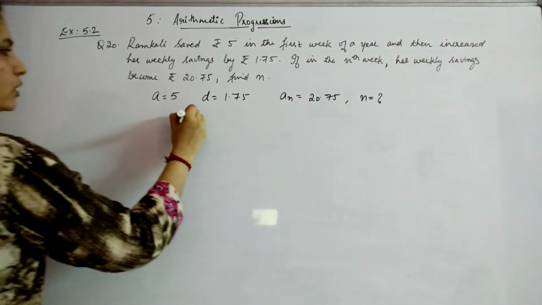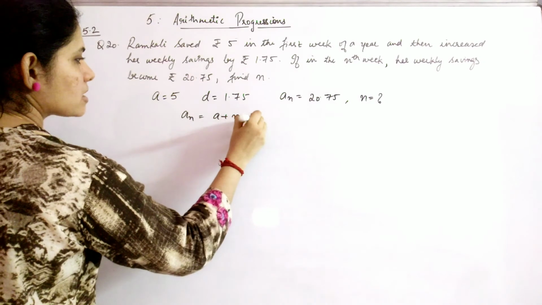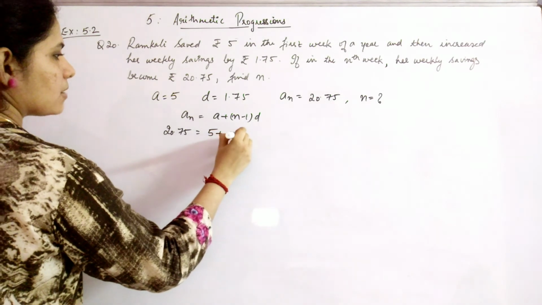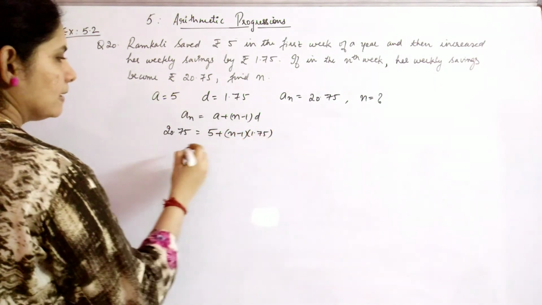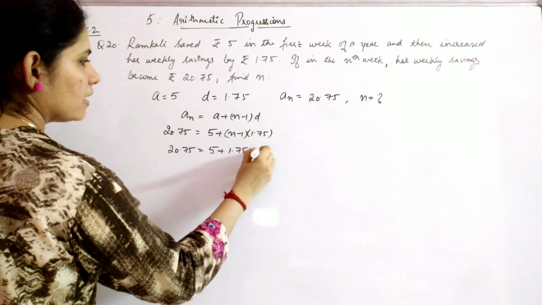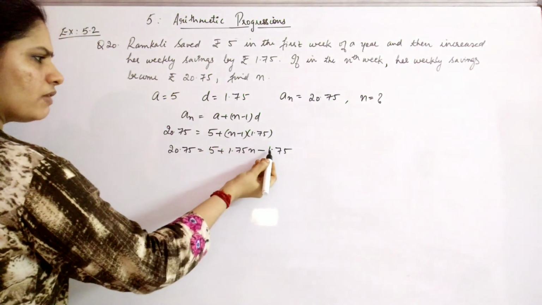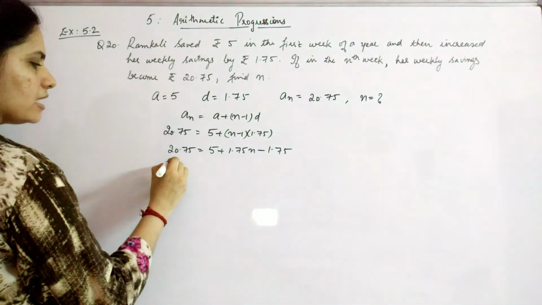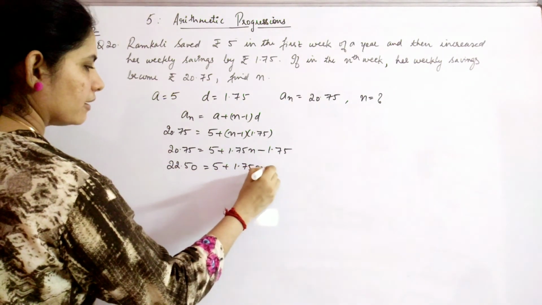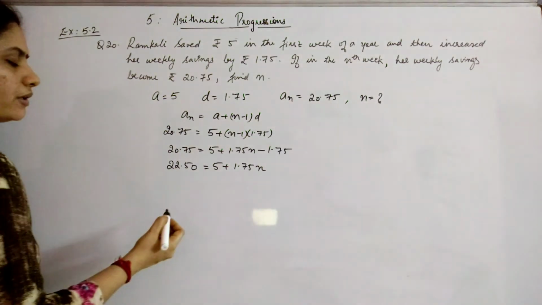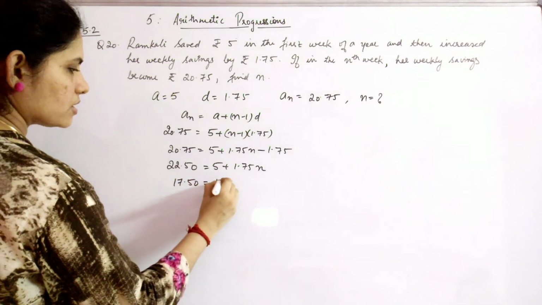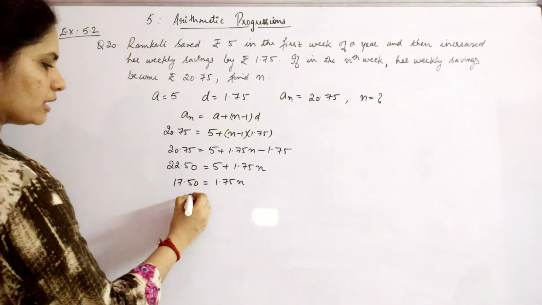So we will start with AN equal to A plus N minus 1 into D. AN is 20.75 and A is 5 plus N minus 1 into 1.75. So here you will get 20.75 is equal to 5 plus 1.75 N minus 1.75. The 1.75 will come here and the addition will give you 22.50 is equal to 5 plus 1.75 N. Right? Now after subtraction, 22.5 minus 5 will give you 17.50 is equal to 1.75 N. Right? So that your N becomes